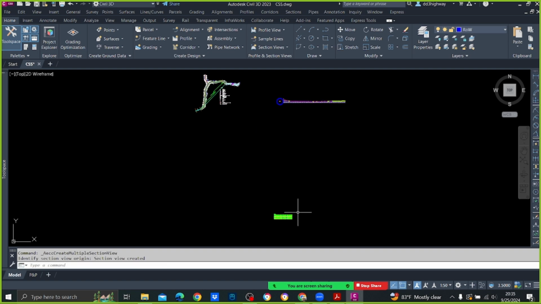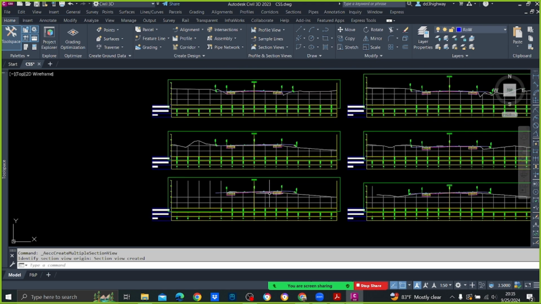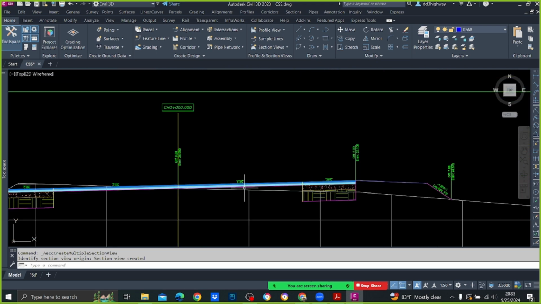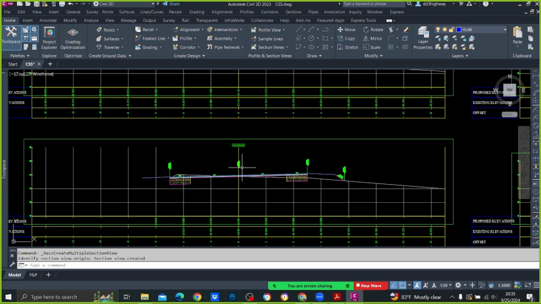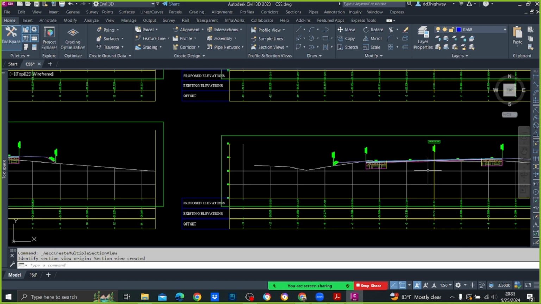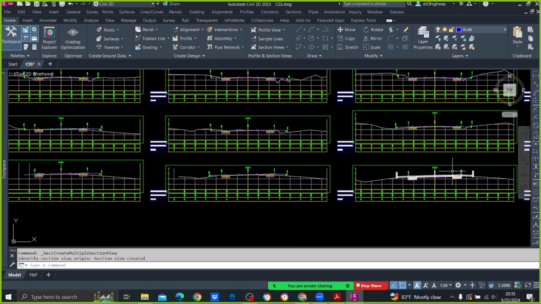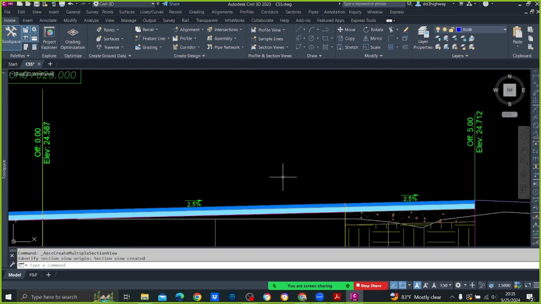Right, now you can see that your cross sections are being created. This is how they come. See that even that super elevation is also shown. Okay, here it is super elevated. Right,